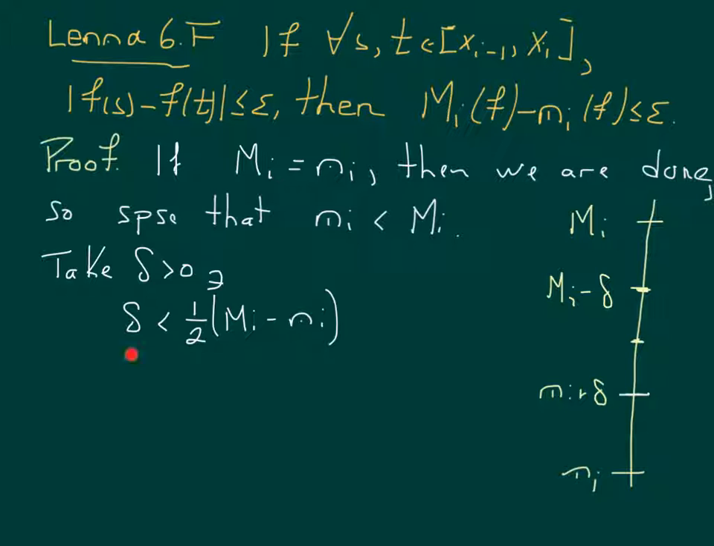And that's the only reason that we add this little restriction here. I just want this number delta to be small enough so that little m sub I plus delta is less than capital M sub I minus delta. Arbitrarily small, but not so big that this one could be bigger than this one. Alright, well,